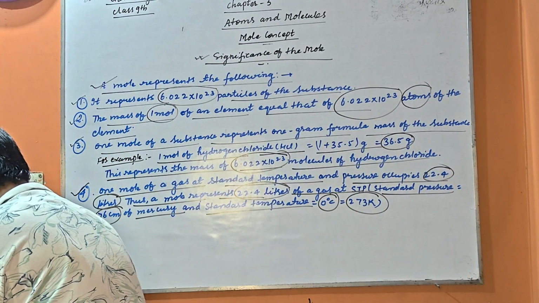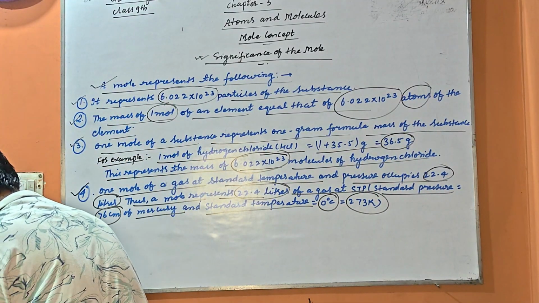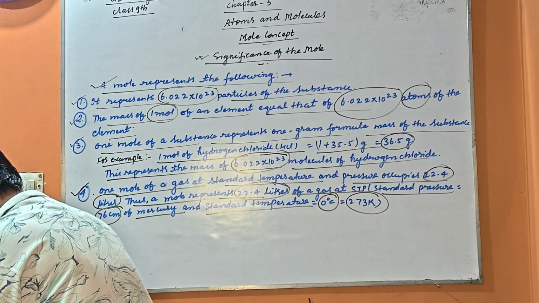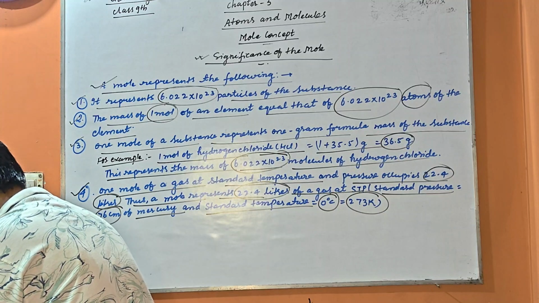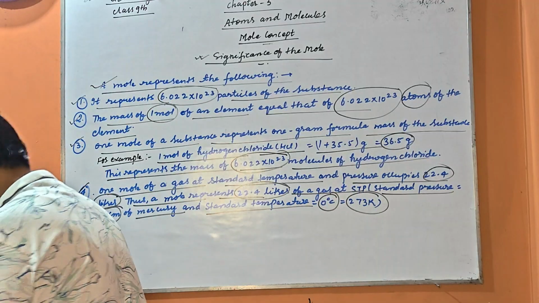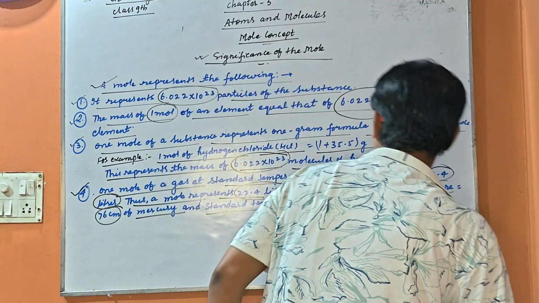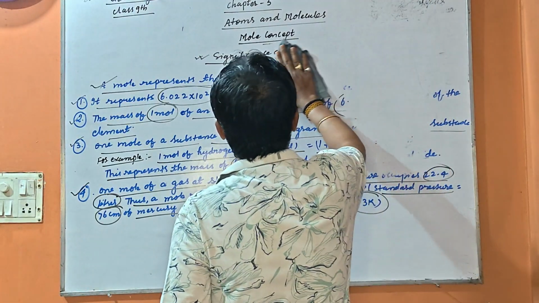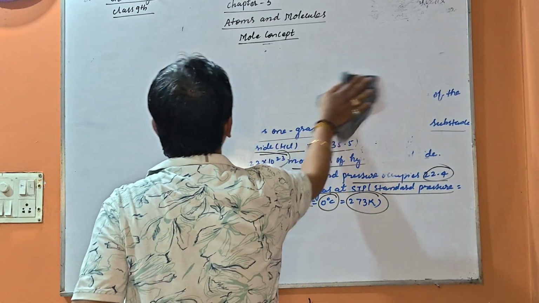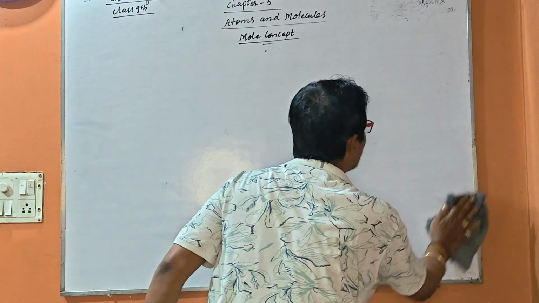We know the definition of mole, we know the significance of mole. Let us take a few examples of NCERT, just to make the exact calculation. Examples number 3.3, 3.4 and 3.5. These all come under the mole concept. We are discussing the chapter atoms and molecules. So let us take the example briefly and make it clear.